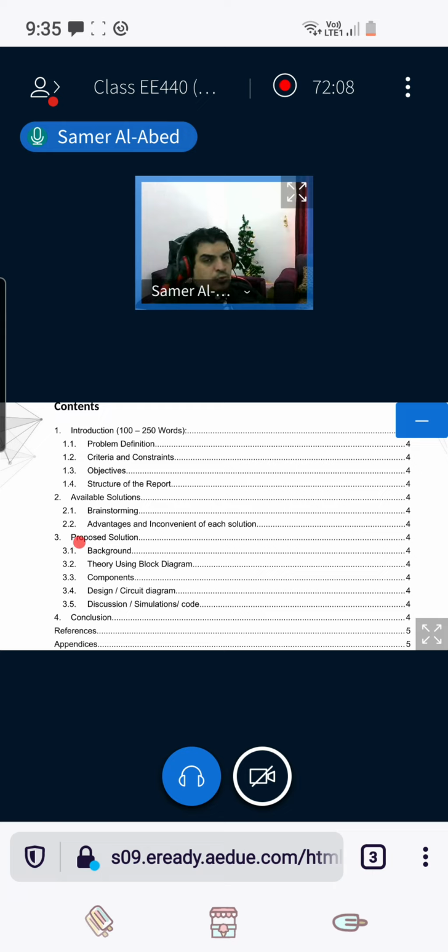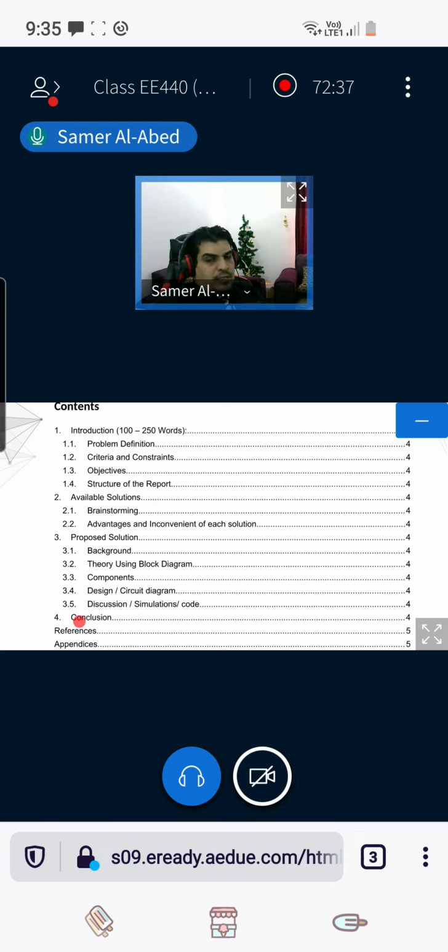In chapter 3, I'm going to propose my solution, where I'm going first of all to speak about, let's say, an introduction about my solution. Then after that, I'm going to explain the theory behind my solution using a block diagram. Then I'm going to show the components. After that, I'm going to speak about the circuit diagram and the code of the proposed solution.